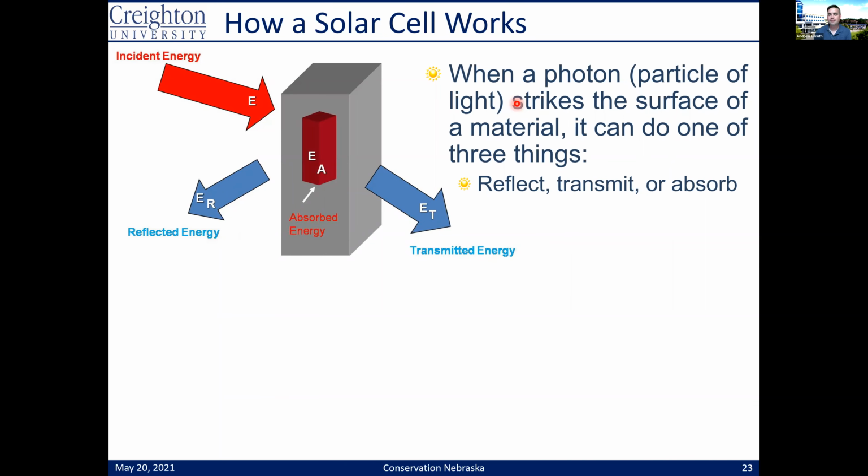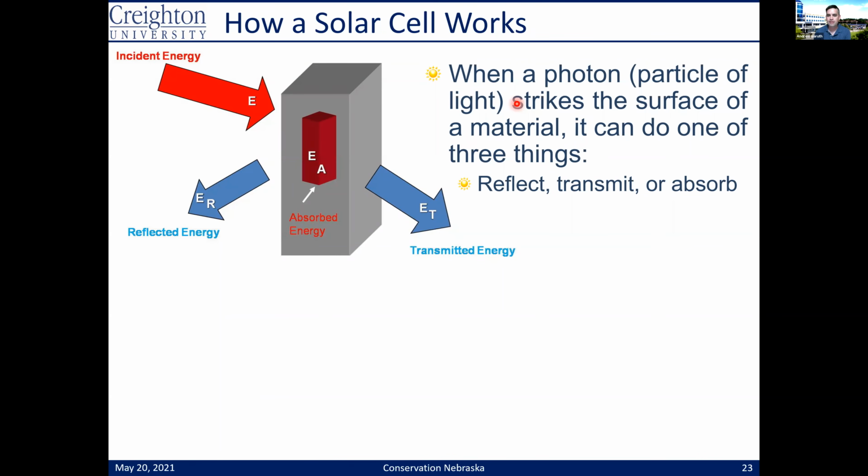If we talk about a solar cell, we really need to talk about light, right? The whole point of a solar cell is to take the energy from light and convert it into electricity. That's the whole point. You may hear me use the word photon. For the uninitiated, a photon is just a particle of light, just a little chunk of light, if you will. So if you think in your head, if a photon hits something, what's going to happen?